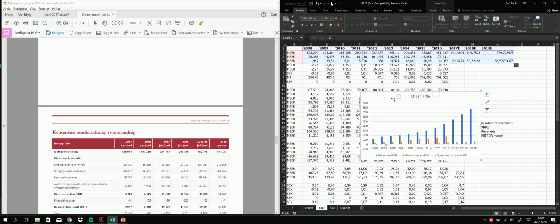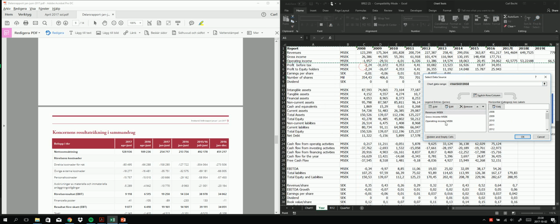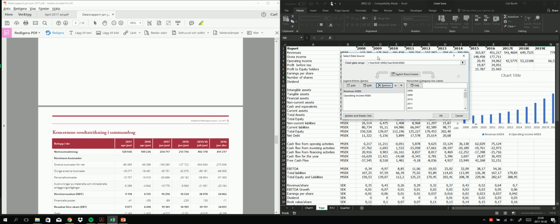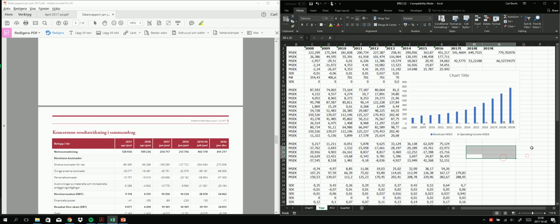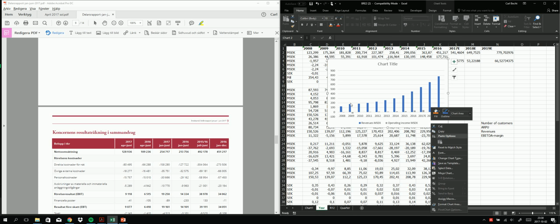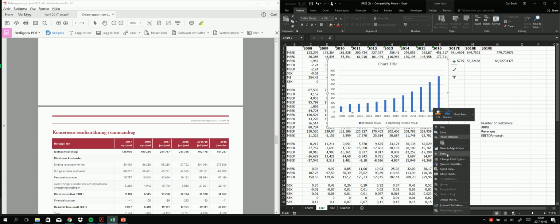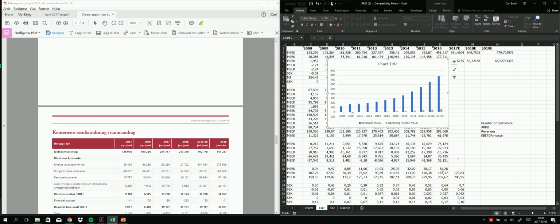There we go. Yes, so then when I have all my things, I want to remove gross income. There we go. I should have revenues and operating income. This chart is kind of weird when it comes to the axis. The operating income is way less than the revenues, and when you have this kind of problem, it's better to add a